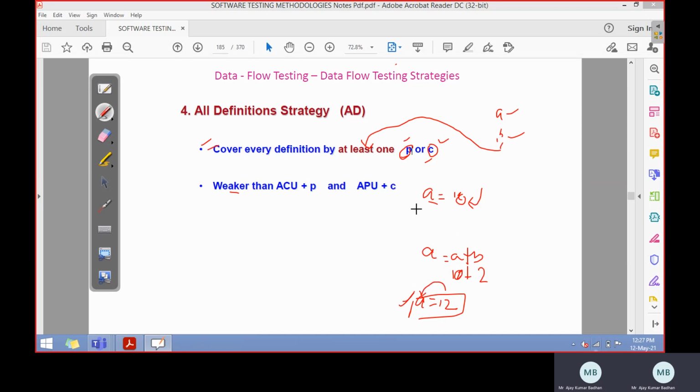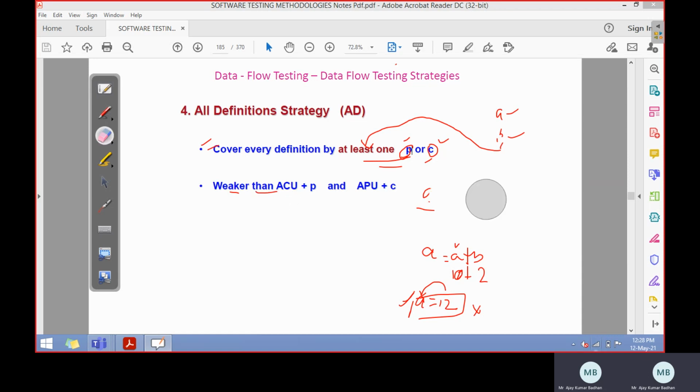Initially, the value of a is 10. This is defined. But now again, I have redefined it, but after using it. So at least one time, if you are using it, fine. Later on, if I am not using it and again I try to change it, definitely the value will be changed here. So obviously the test case may not function perfectly. That is the main problem here, due to which we call it weaker